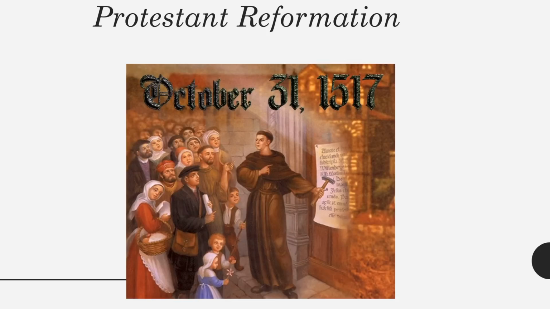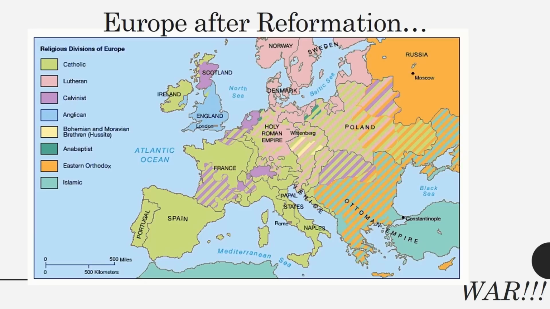Meanwhile, in mainland Europe, you've got the rise of the Protestant Reformation, which culminated on October 31st, 1517, with the posting of Martin Luther's 95 Theses on the church wall. That's going to lead to the Protestant Reformation, where you have a reorganization of political power being tied to religious authority. So after the Reformation, which once again we will expect you to read about in your textbook and watch several videos on, after Europe, the reorganization and the shuffling here of religion